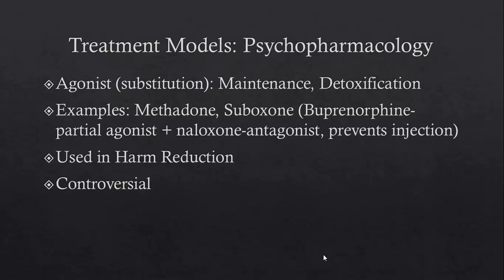Another type of psychopharmacological intervention would be agonist therapy, also called substitution treatment. An agonist is a medication that acts in a similar way to the drug of choice, but it usually has a less euphoric, less extreme high, and a more level profile. If you take something like heroin, you get very high, and then you drop off very quickly, and you feel sick and you want more heroin. The agonist medication used in place of heroin, things like Suboxone or methadone, actually gives you somewhat of a high, but a less extreme high, and it doesn't drop you off so quickly.